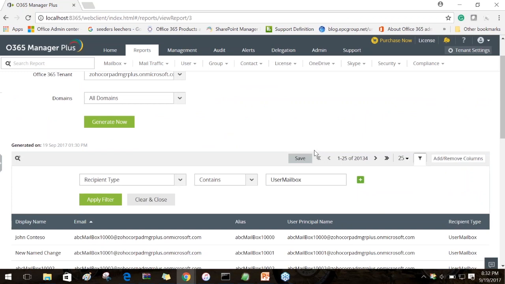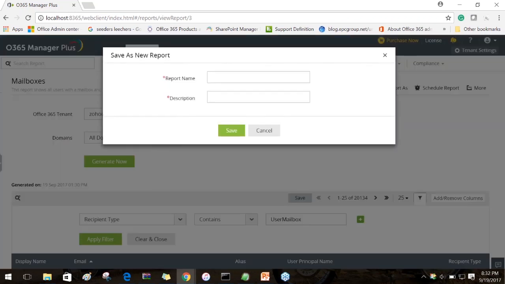And not just applying filters, you can also have this filter scheduled as a new report. All you have to do is click on the save option over here. You will get an option for the report's name. I'm going to give it as user mailbox report, and the description could be anything. Once I hit save,